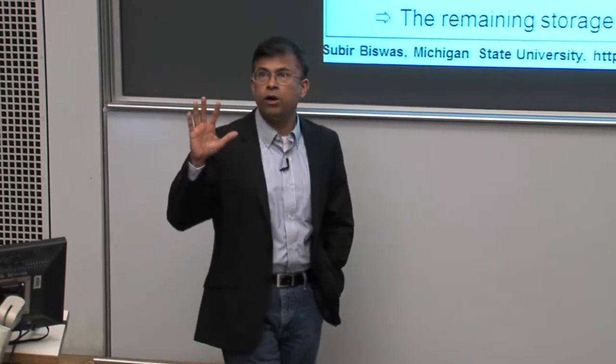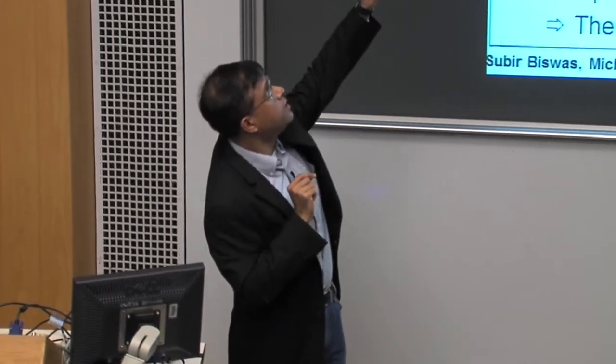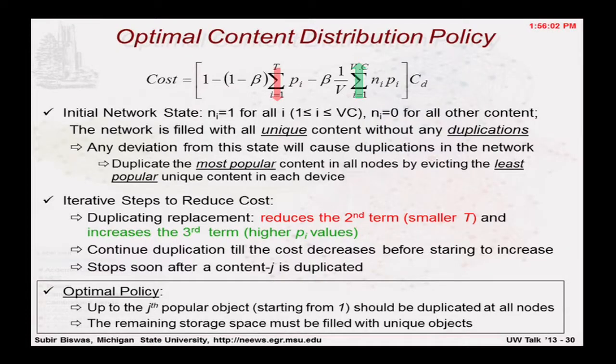So everyone has unique content, right? So if you start with that situation, there's going to be a cost, okay? So this is the cost expression for that. Then we say, okay, now let's say that we start making some duplications, because duplication will help, because the